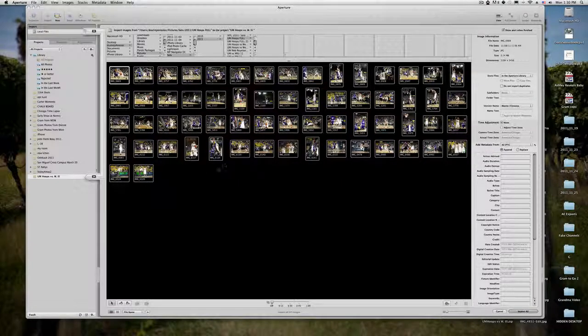Now once you have them here, you can either click this button over here on the bottom right that says import all, or there's this little arrow right here that will put them right into the folder. One thing to look out for as well is that if you have a different project highlighted, this little arrow will move, so you could accidentally import all of these photos into the wrong folder if you're not careful. So you do want to watch for that and make sure that it is going to point right into there. And maybe it's best that you use the arrow just so you can double check before you do import. And then all you have to do is click that little arrow,